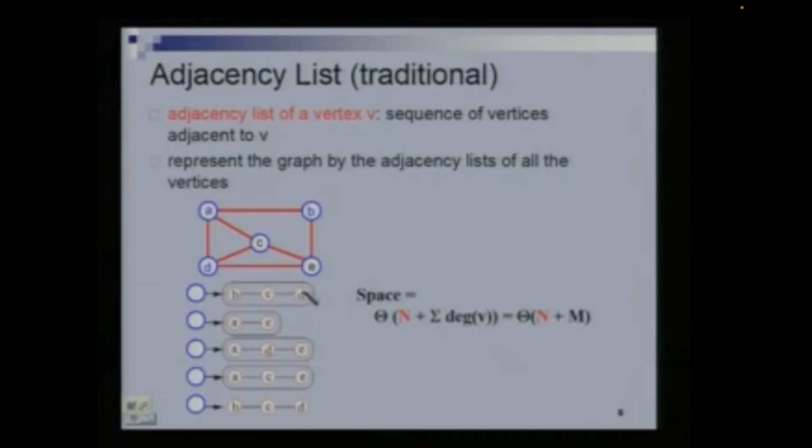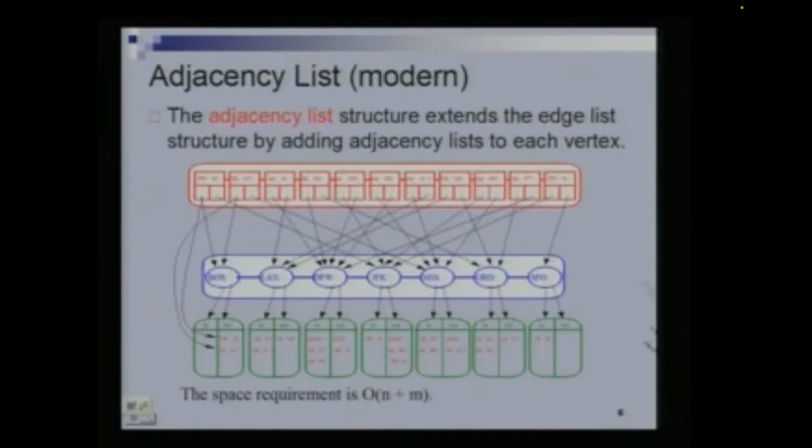Okay. We can combine this with the edge list data structure, right? And we'll get something more complicated like this. What is this? The upper part is just your edge list data structure that I showed you. And now with each of these vertices, I have the adjacency list associated with each of these vertices. Right? I have both the in adjacency list